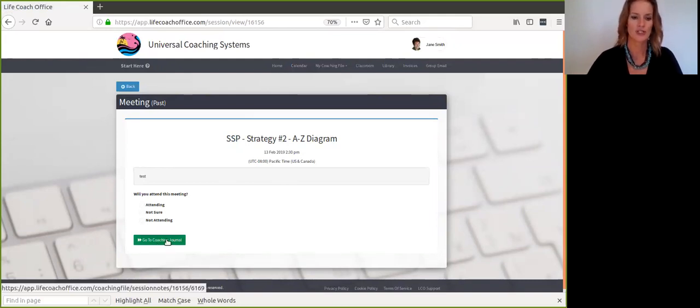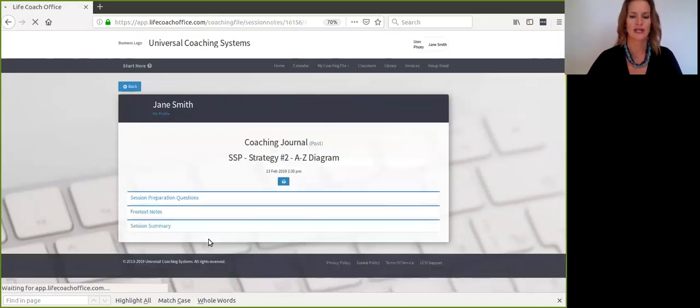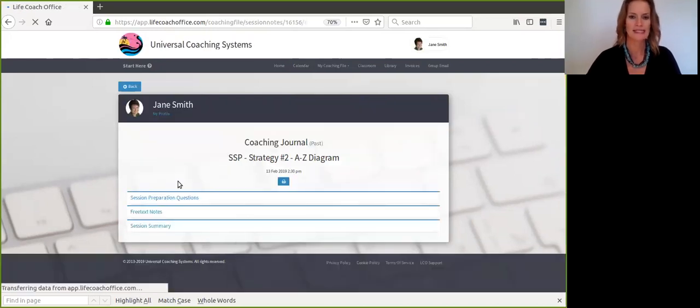But it says go to the coaching journal. And this is a really great feature. So every coaching session that you book with the client automatically has a coaching journal attached to it. As a coach, you can customize this template. I think this particular meeting is just the default template that Life Coach Office gives you straight up. But it's really great. And Jane will get a reminder